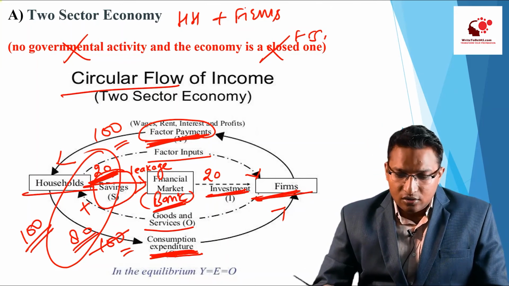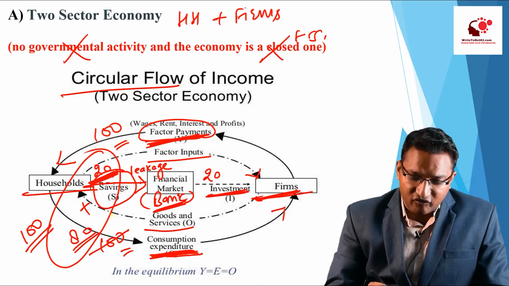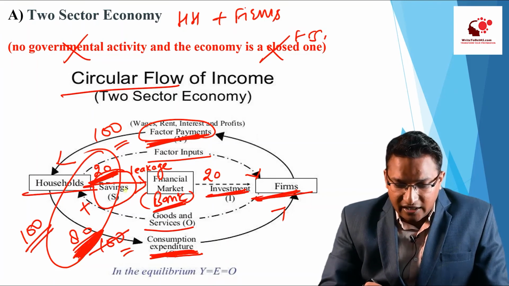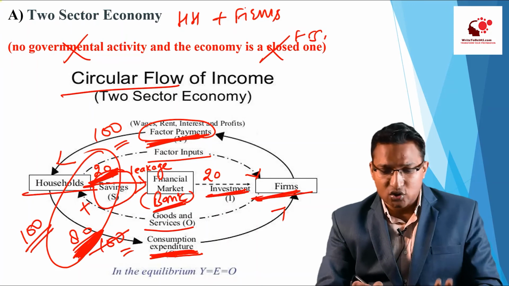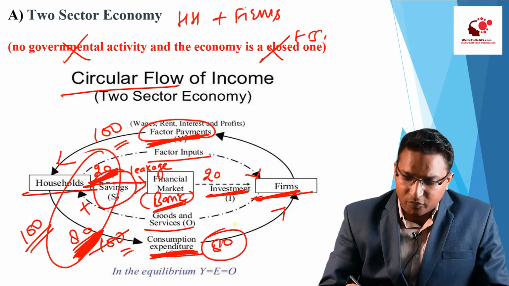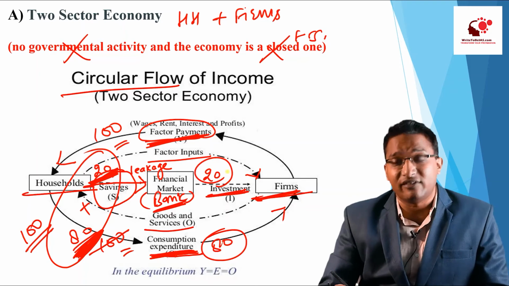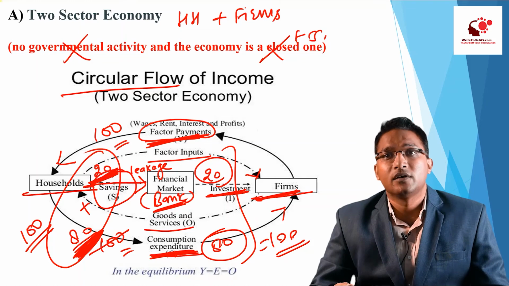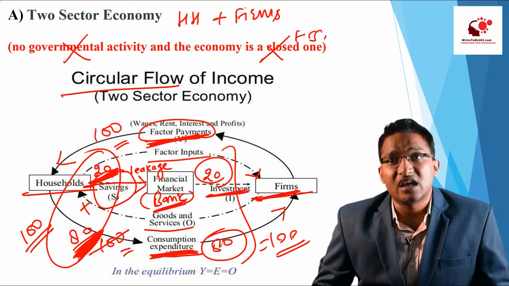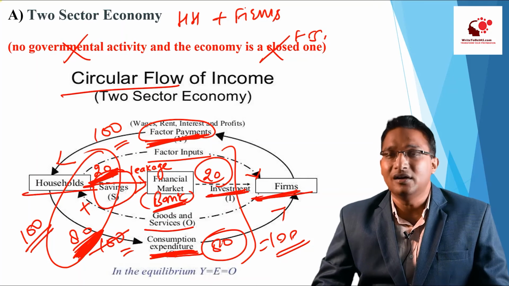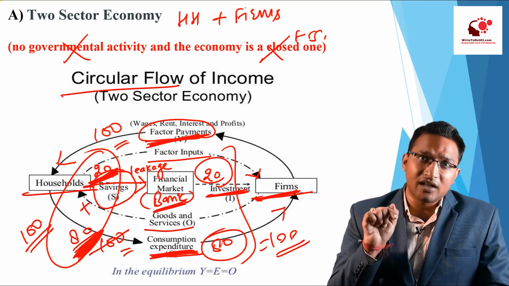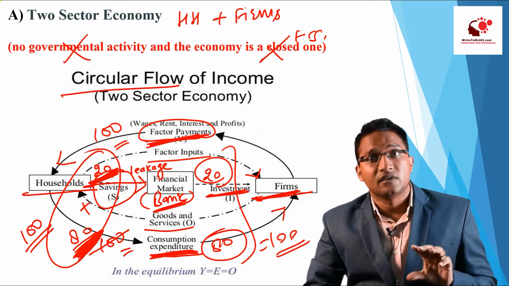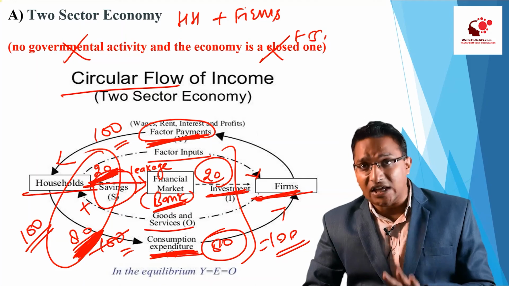So can we say that one way is that we add this consumption expenditure into the saving, then it is also 100 rupees, or another way is we add this consumption expenditure of rupees 80, and 20 rupees of investment, and that also gives us rupees 100, which is the income, right? Here we are assuming that savings is equal to investment. We are assuming the entire amount which is being saved by the household, the 100% amount is deposited into the bank. The household do not have it in the cash form.